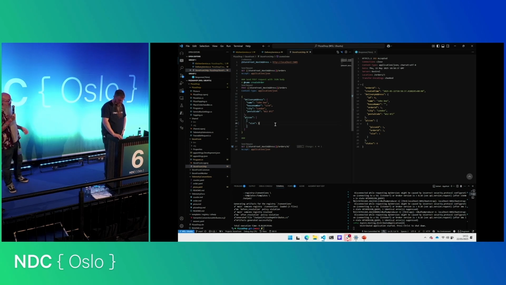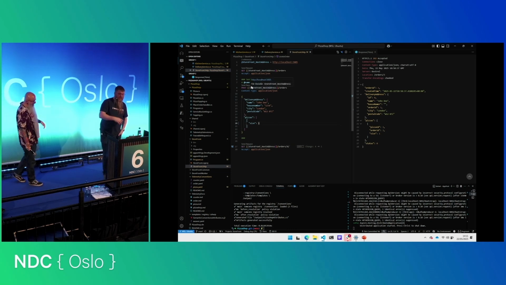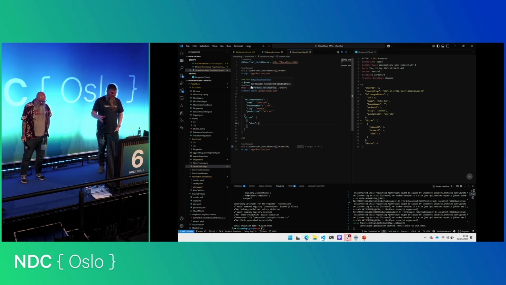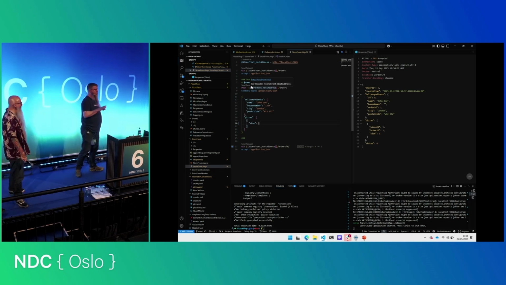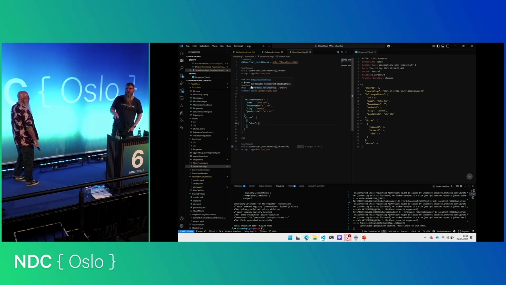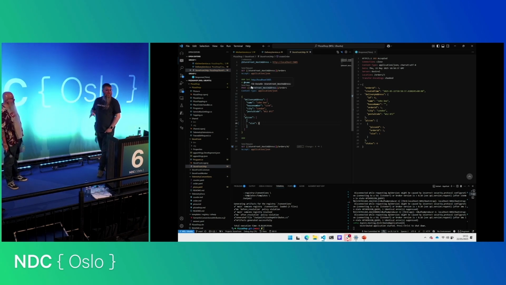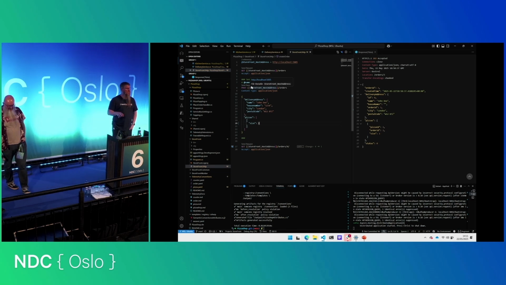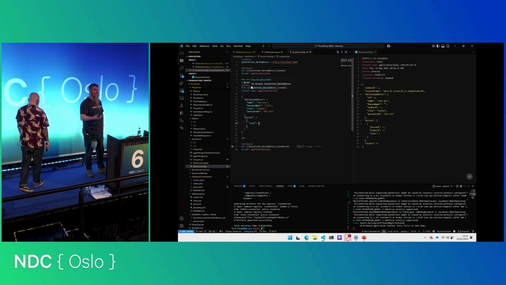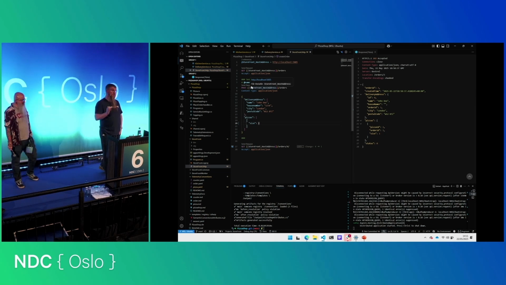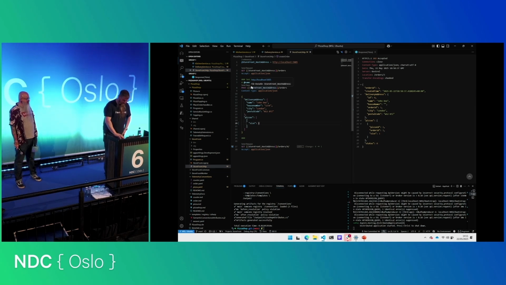Okay, so we are using .NET Aspire for this. We did have a little bit of a dig at .NET Aspire earlier, and I want to clarify a little bit. The first time we did this demo, it was on an early version of Aspire, and the PM for Aspire was sat in the front row, and we gave her a lot of stick. And they fixed a lot of it. So this demo is pretty slick now. Aspire is very much getting there from a developer experience perspective. So yes, it's not as bad as it was.